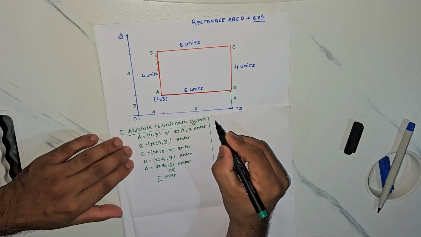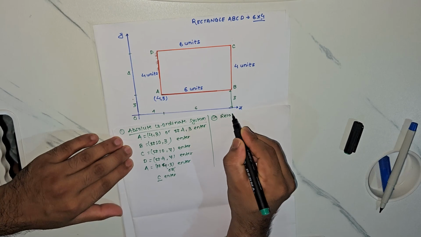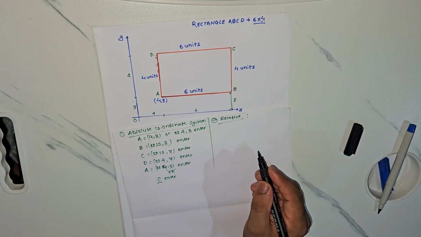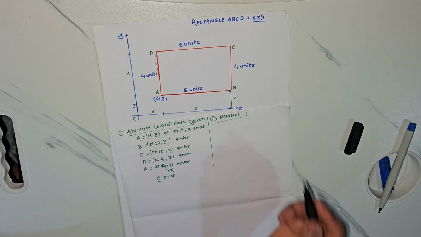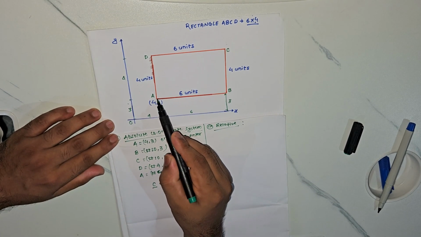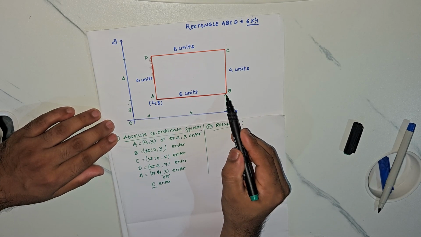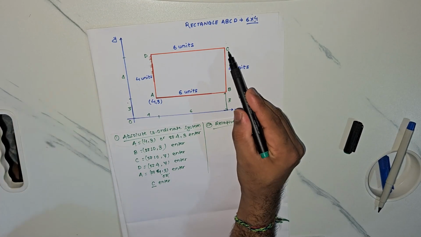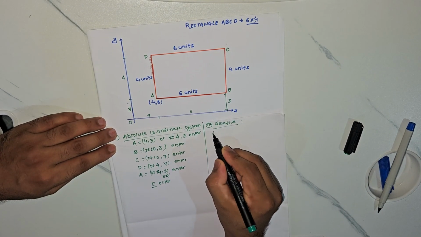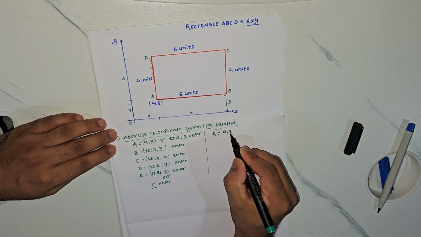Now if you see the relative coordinate system, in the relative coordinate system, all the coordinates will be measured from the last defined point. For example, for the coordinates of A, you will measure it from O. For the coordinates of B, you will measure it from A. For the coordinate of C, you will measure it from B. So let us see now. For A, you can write 4 comma 3, enter.